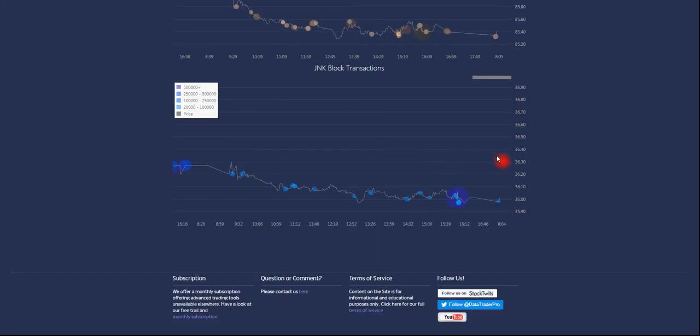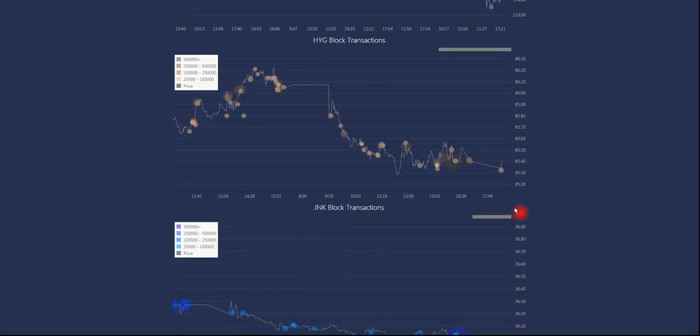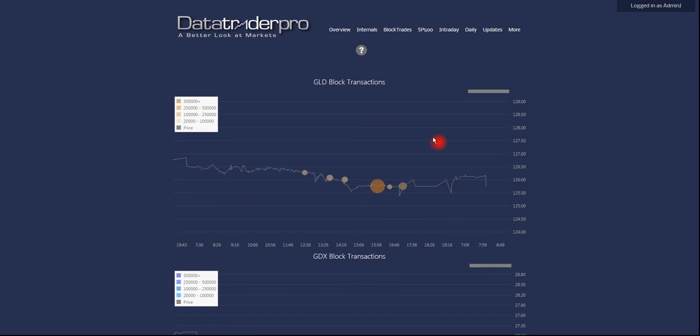Anyway, junk bonds, buy at the low. Price 36.01. HYG, which is high yield corporate credit, 85.40. Pretty good buy here. These go along with the idea of maybe an index pop as well, because people are buying credit, expecting credit to go up. Okay, metals space has been